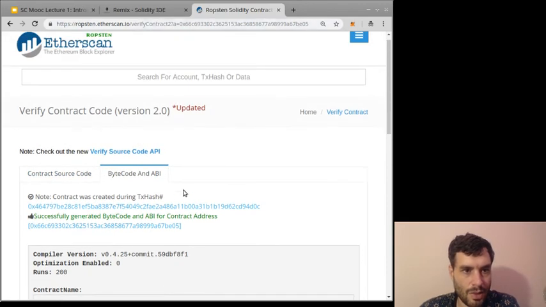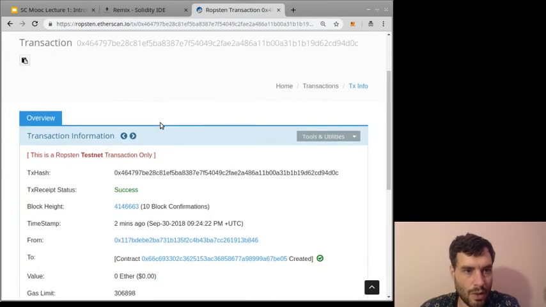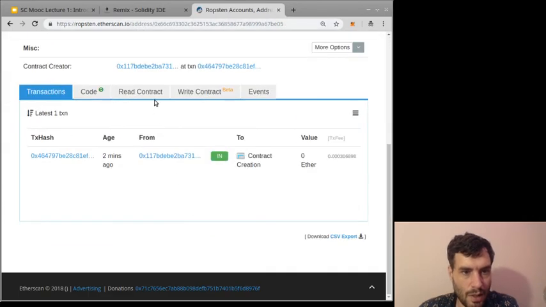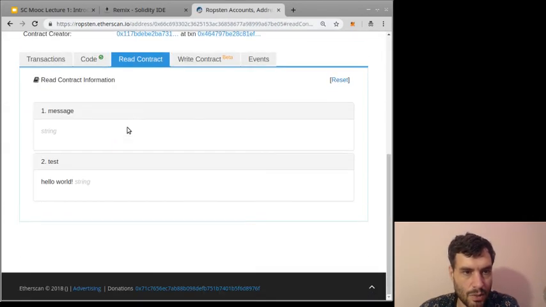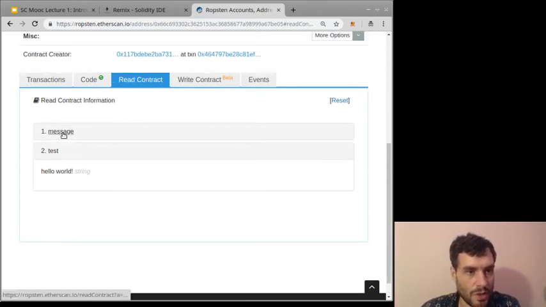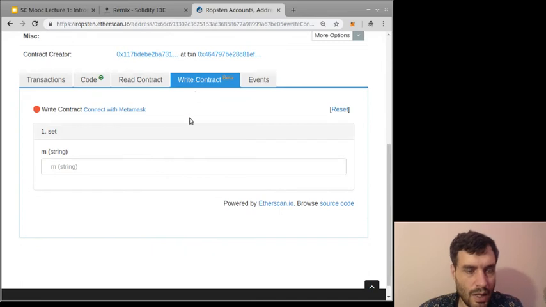So now Etherscan knows all about the code for my contract. So now when I go to the contracts page, I can read all the member variables of the contract. See, so now even Etherscan, when it shows me read contract, it shows that I have the message member variable, I have the test pure function. And I can even use